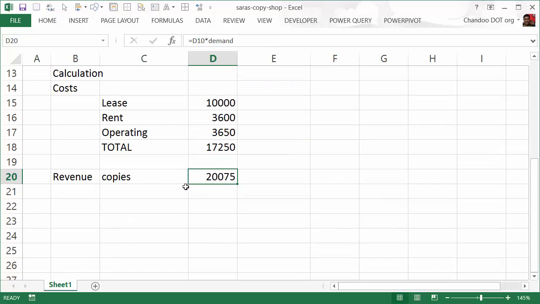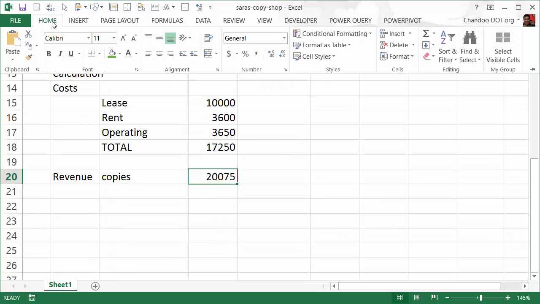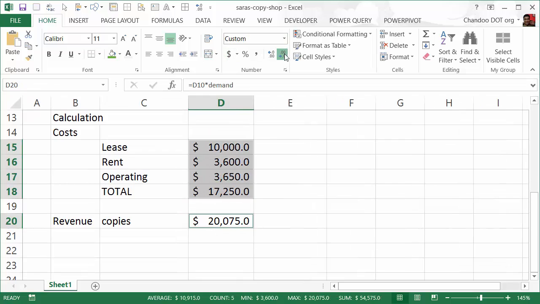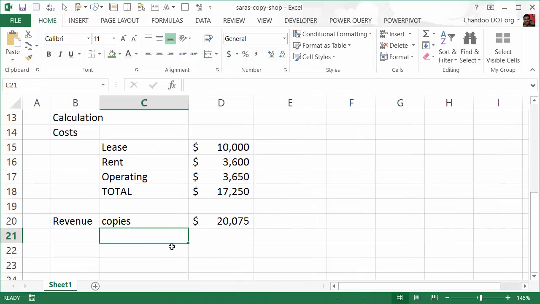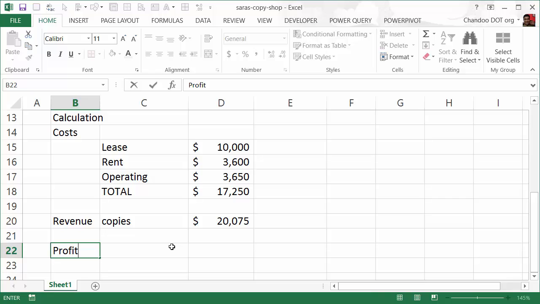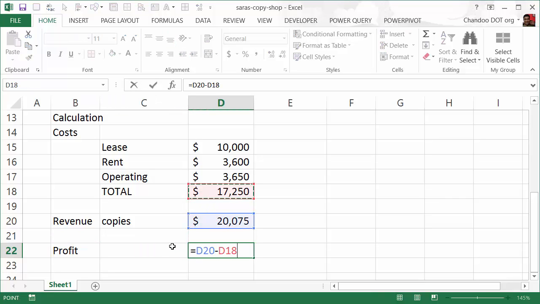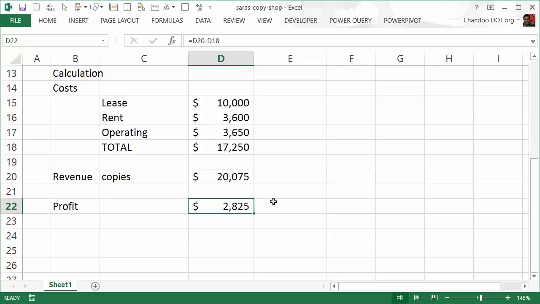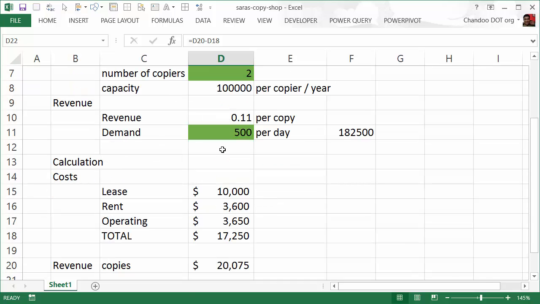Okay, so we will make $20,000 and we have $17,000 as our costs. I'm going to select all of these and let's apply dollar formatting there, and profit is nothing but your revenue minus expenditure. So we are going to make $2,800 profit by renting 2 copiers